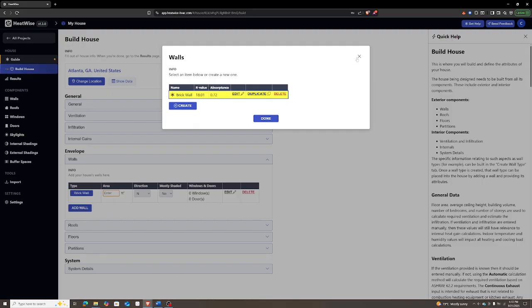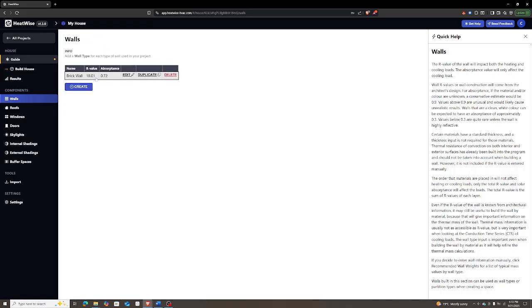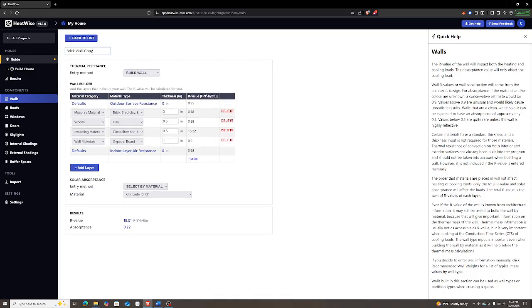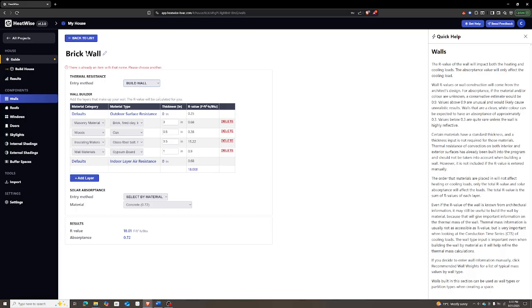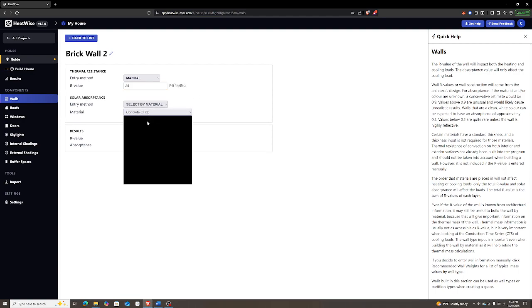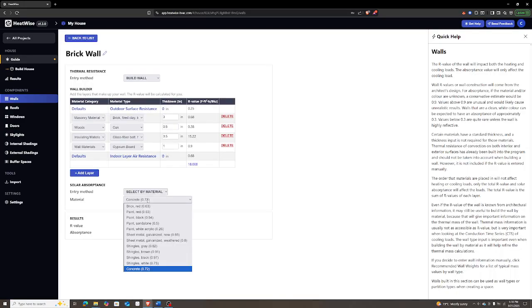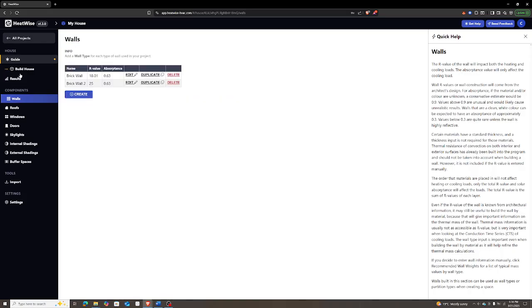And we can view the full list here, or we can go over here and we can view our full list, and we can duplicate the wall and change it. Let's say if we wanted to bump up our R value to let's say 25, then we could do that. And if we wanted to compare the two, we could run different simulations with different wall types. For this one, we'll just keep using our brick wall, and I will keep it at red brick for the absorptions value,